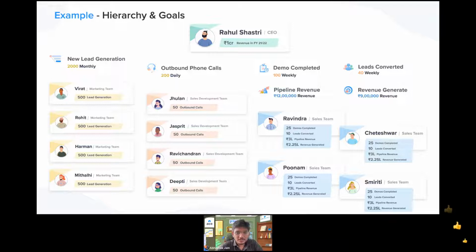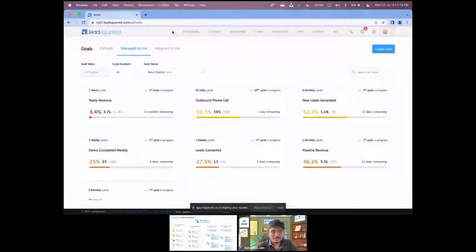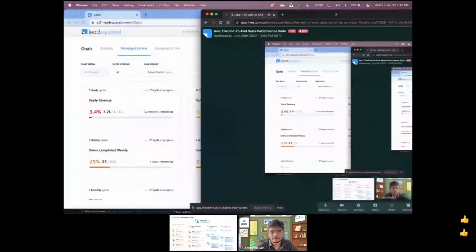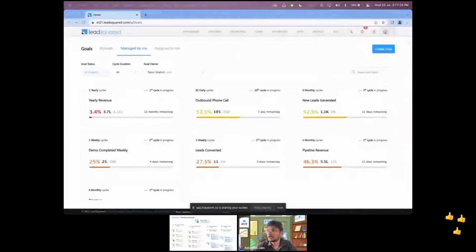So let me just quickly share my screen and show you the product, and we'll quickly jump on how do we actually create these things, right? So please let me know when you are able to see my screen where I'll be talking about and sharing the product. I believe my screen is visible. Yes, perfect. Thank you.